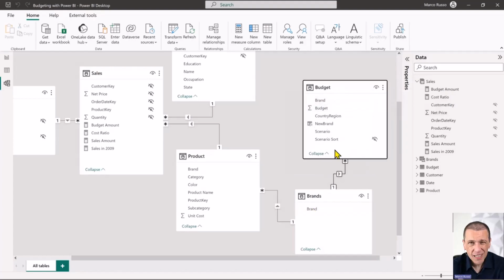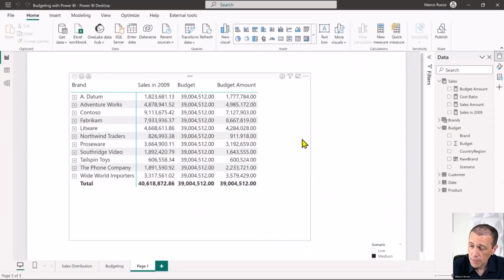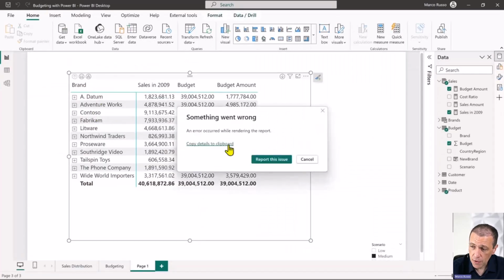And I would have to do the same for the country. Give me 1 sec. Now, if I go back to the report, and now I replace, if you remember,